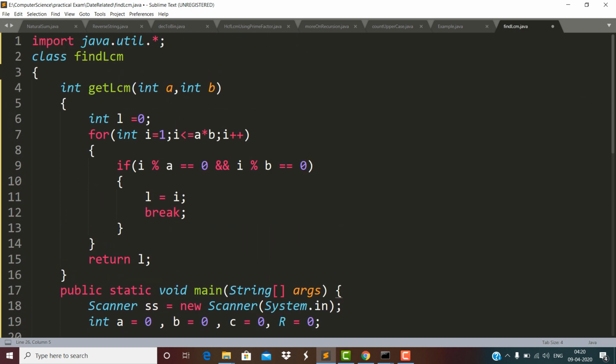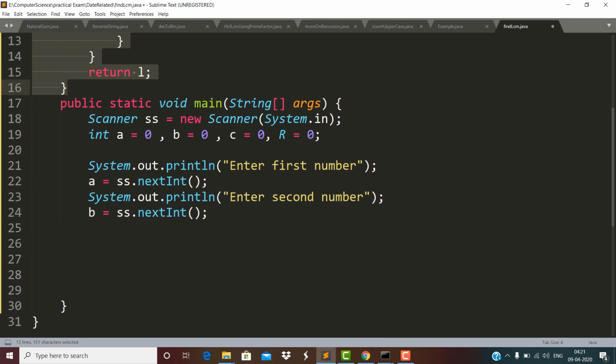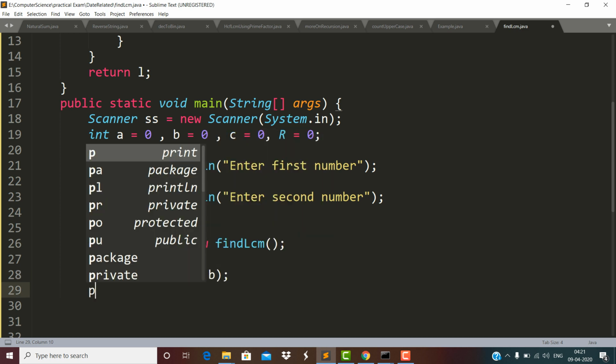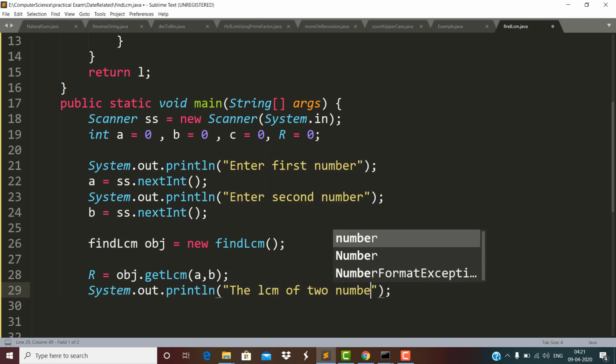Now here, how to invoke this function? It is a non-static function. Non-static means that you need to create the object of the class for calling this function. So here, what is the name of the class? How to create the object of the class? FindLCM obj = new FindLCM, and here I have created this. So obj dot, the name of the function is getLCM, passing these two parameters, and here the LCM of two numbers